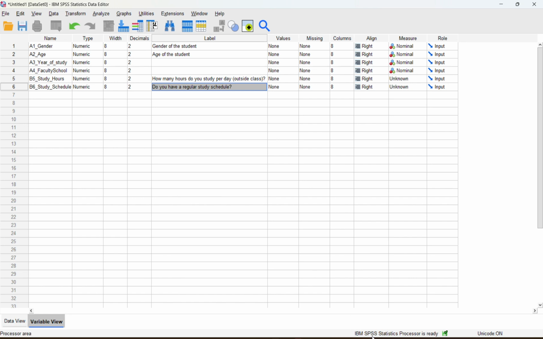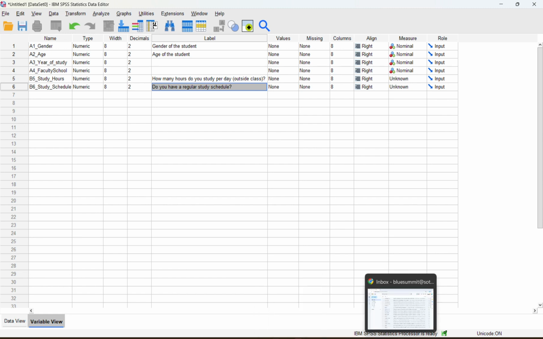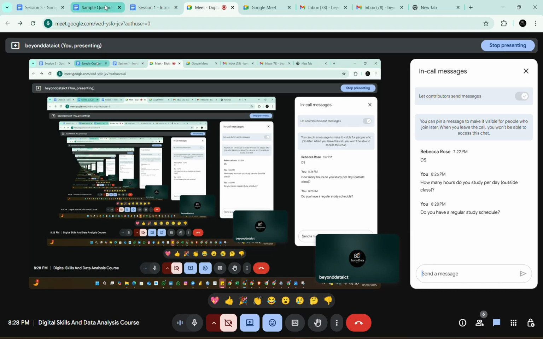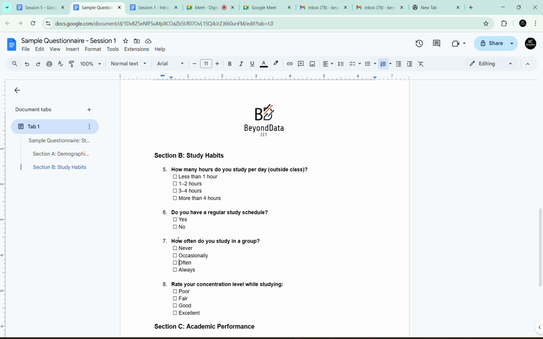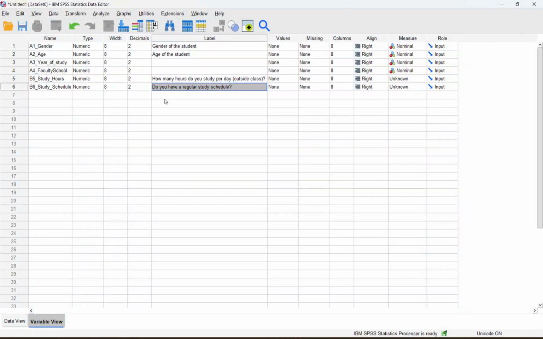So that's what you need to do until you are done, and then you can proceed and now do some data entry. So let's proceed with our questionnaire. So we'll put all the questions. How often do you study in a group? So copy this question. You'll copy this data, come here, paste here. How often do you study in a group? So this variable name, by default, it will bring this. So just replace this with